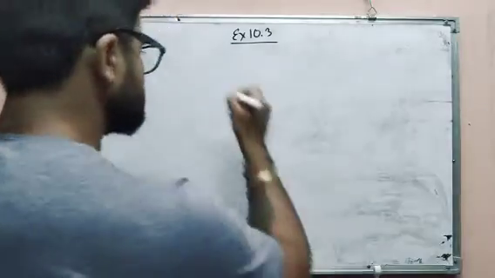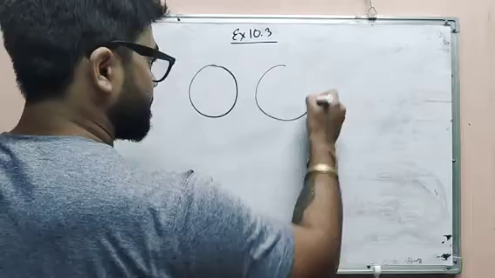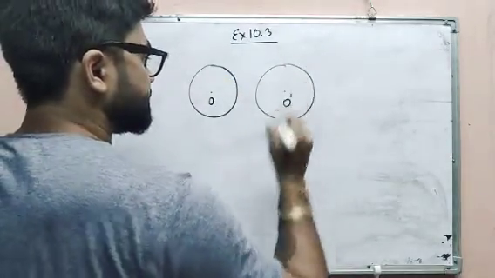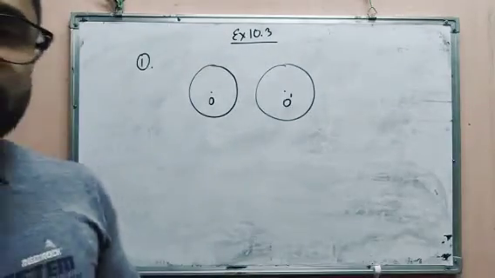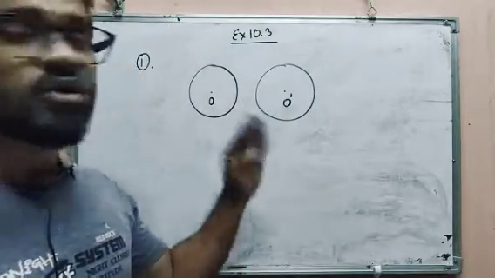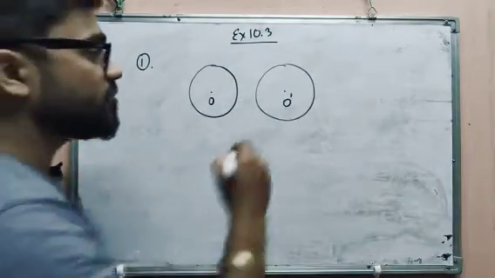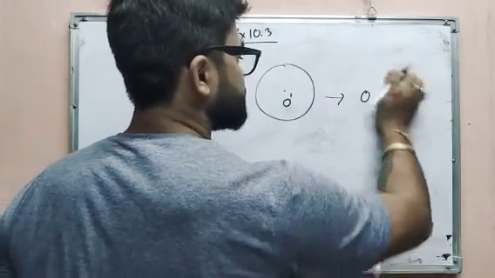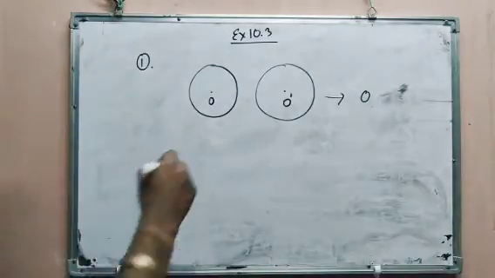Okay, so first one, say this is O and this is O dash. This circle has center O and this circle has center O dash. Clearly you can see that there is not any common point because these two circles are not intersecting. So here the number of common points is 0. Then secondly, if you draw